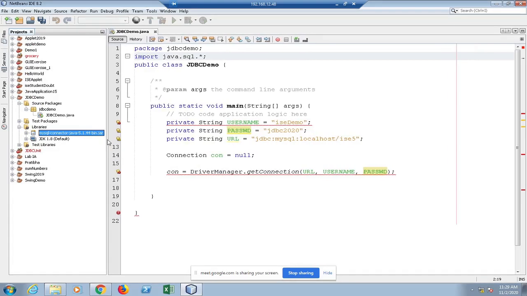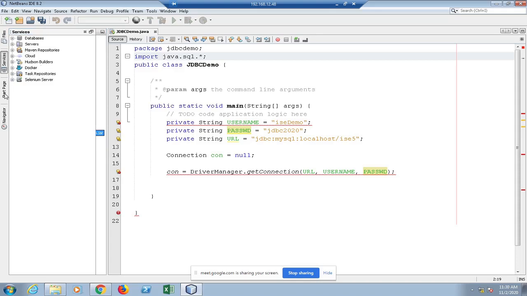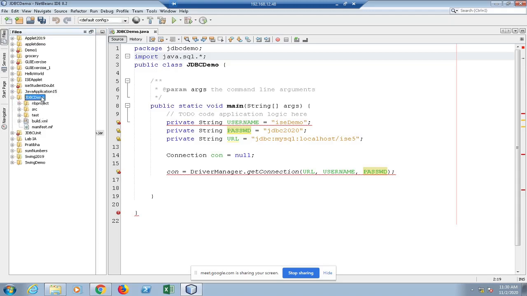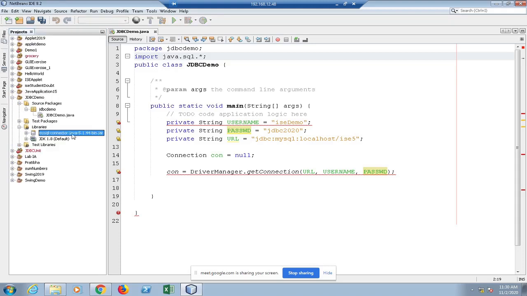One common error I observed in lab committed by the students is they'll have numerous folders on their IDE, and later they assume they'll be working on JDBC demo, and they will have added the jar folder to some other folder.